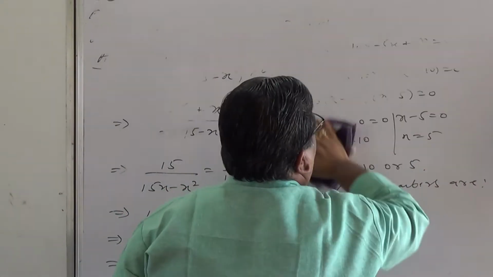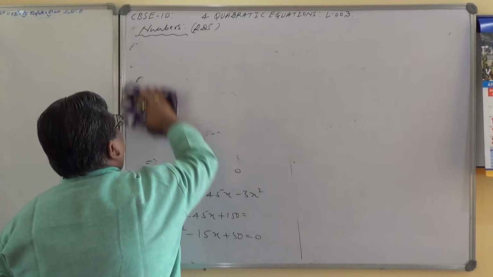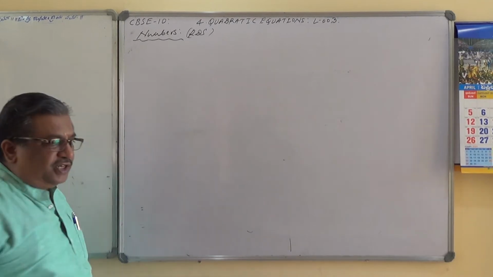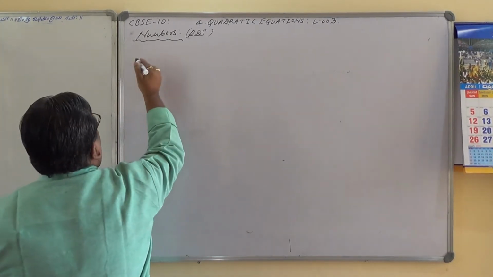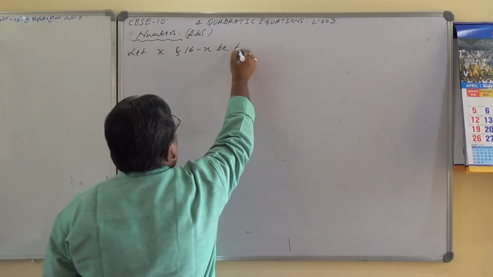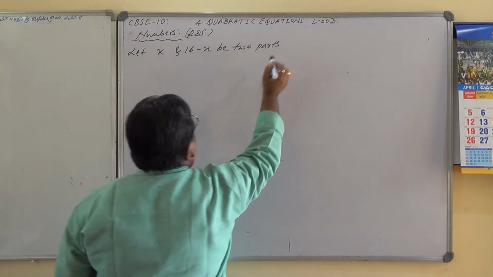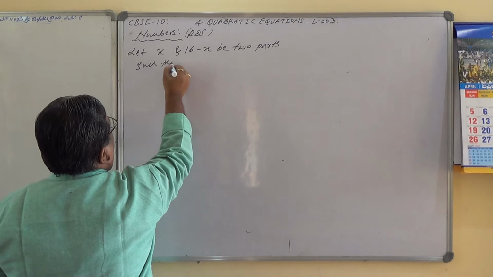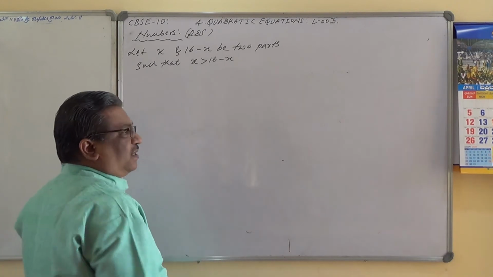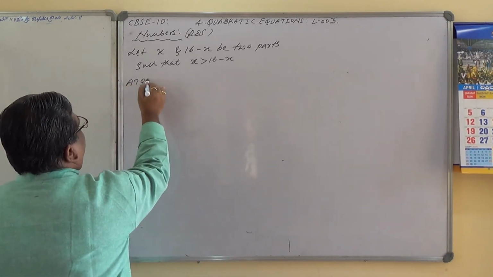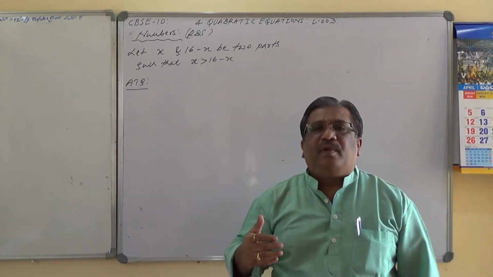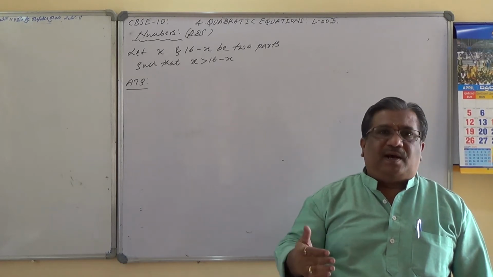Example number 4, RDS. So, I am dividing 16 into two parts. Therefore, let x and 16 minus x be two parts such that x is greater than 16 minus x. Are you able to understand? Now, according to the question, let us see. In order to solve these word numericals, you should be able to read and comprehend properly. Otherwise, it is very difficult.